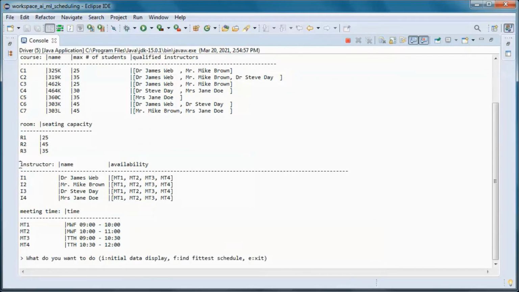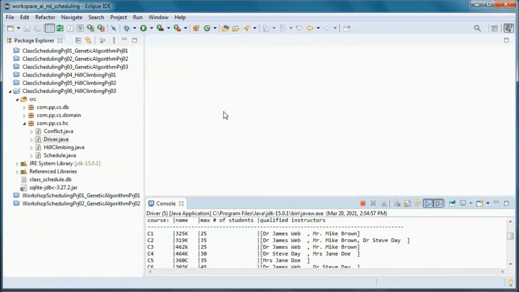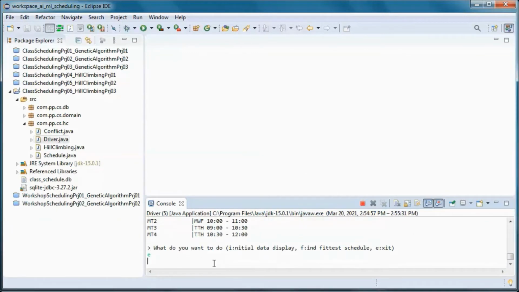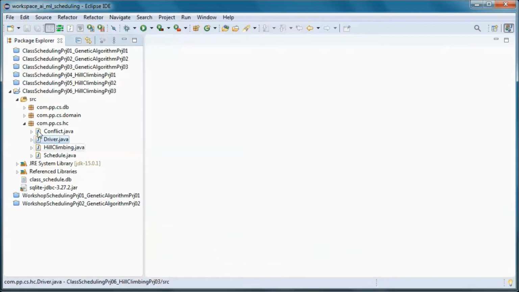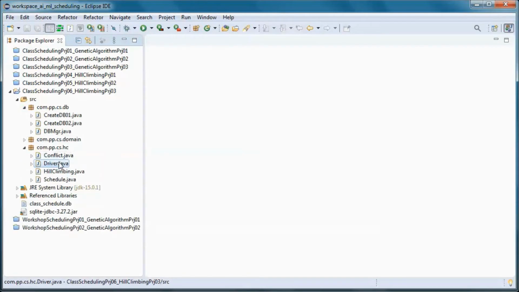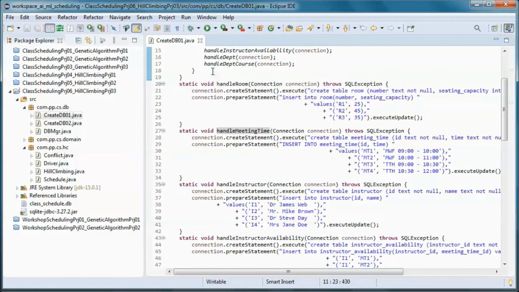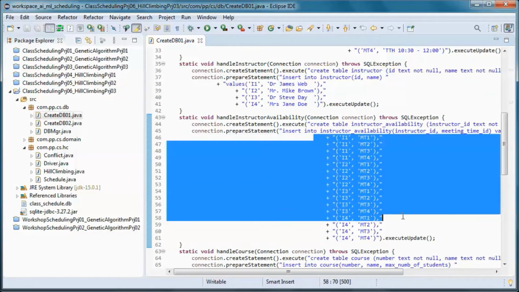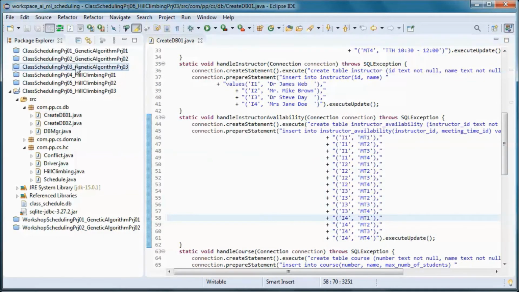And we need to change those, since I have all instructors available for all meeting times. So let's change this. Let's exit. Okay, we need to change this. So let's do this.